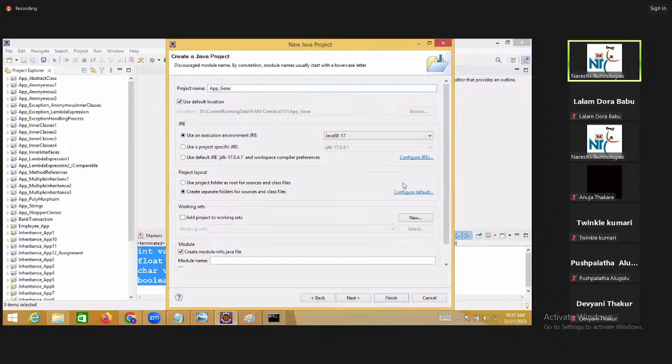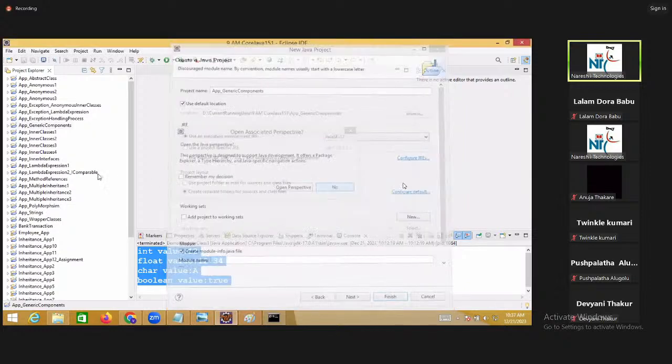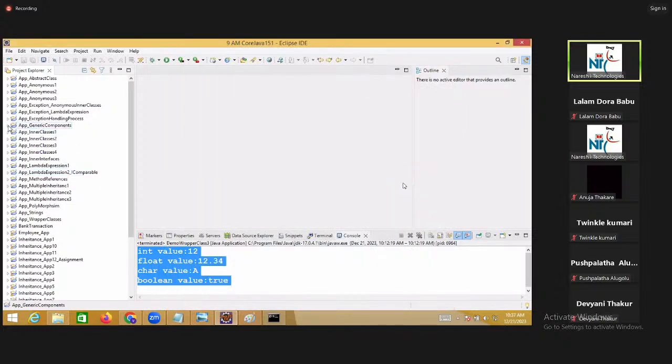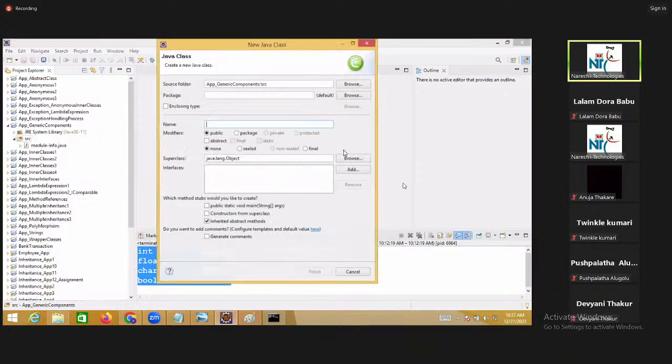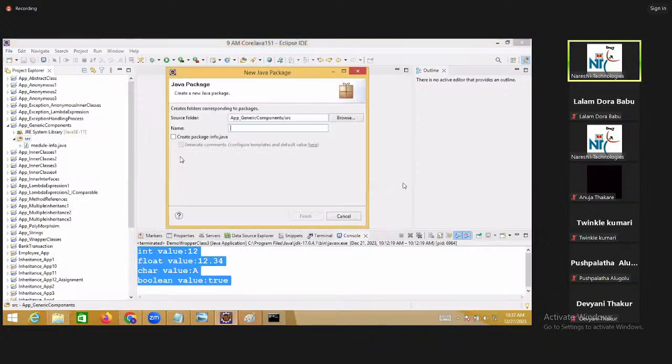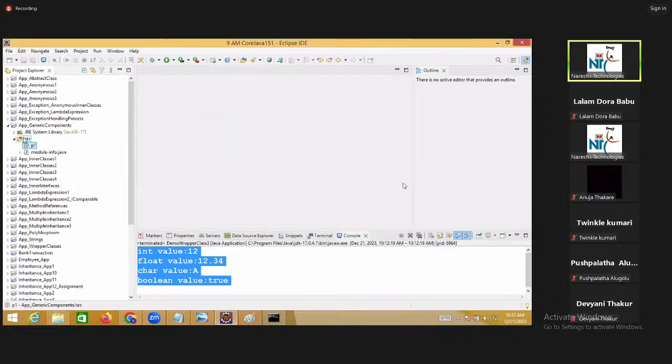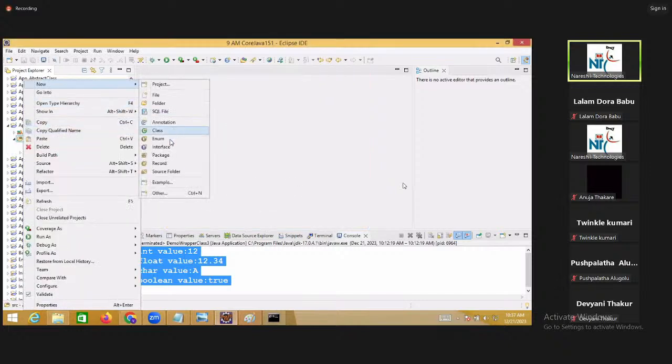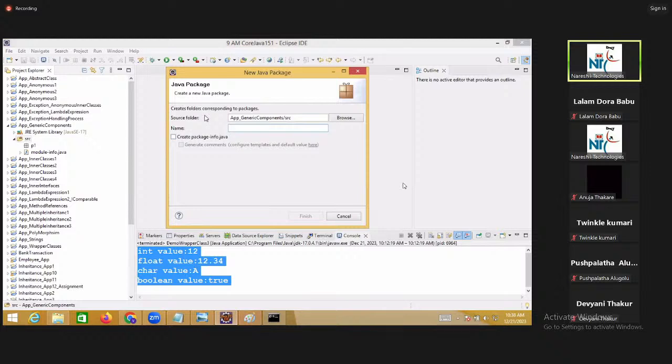Now, application, generic components I'm taking. I'll take one class, first package, no, under P1, and P2.